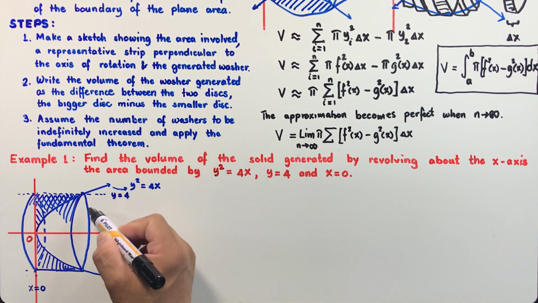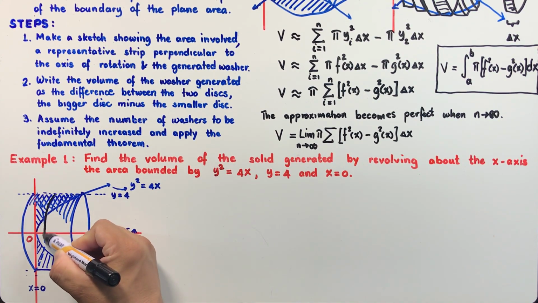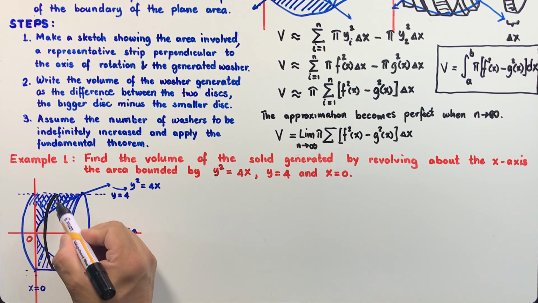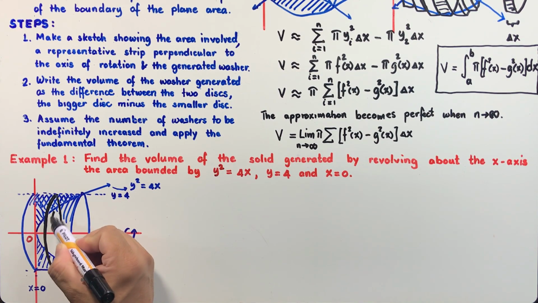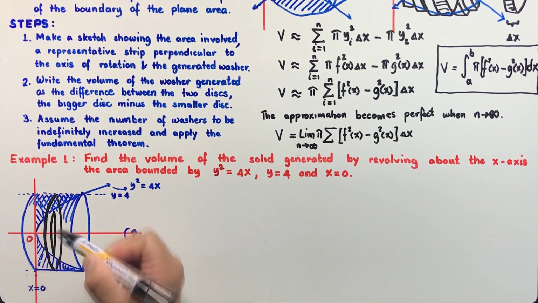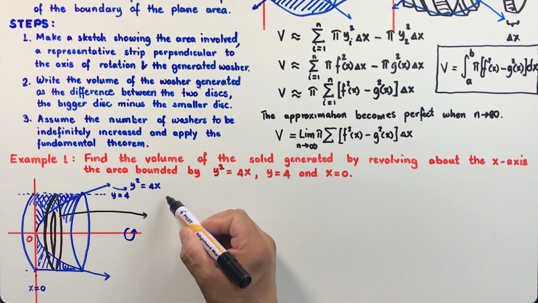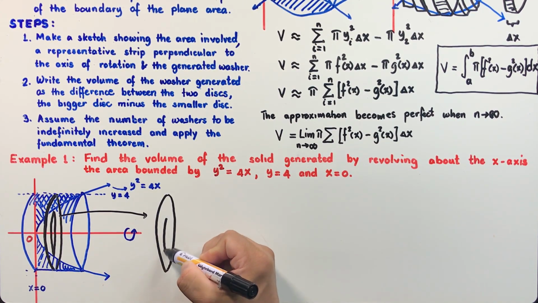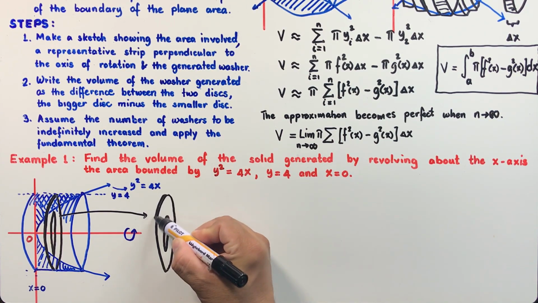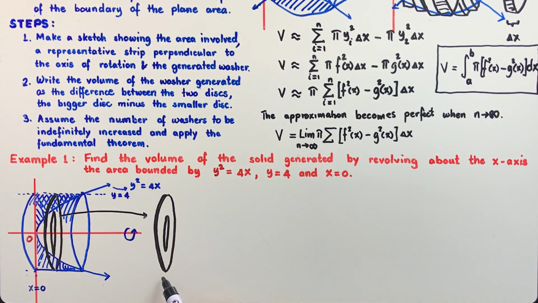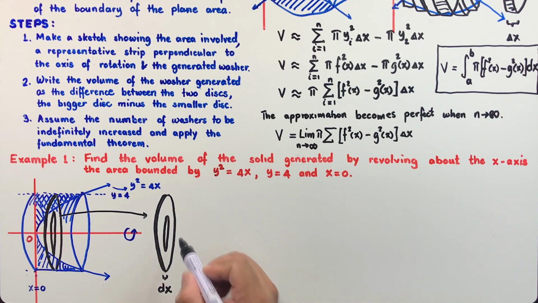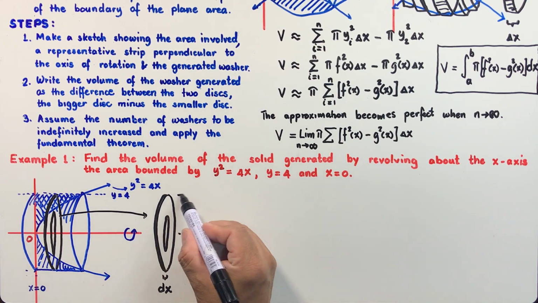slice this solid here. So let us sketch one slice. So this is one of the slices if we slice the whole solid. So it's not a disc but a washer here. So what you will get is just a washer. Now remember that this washer has a thickness of dx because we are slicing vertically here, and the radius of